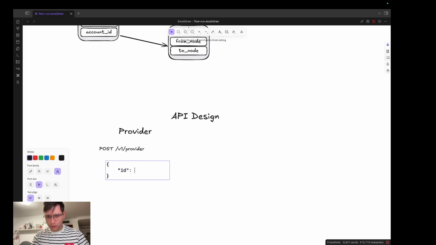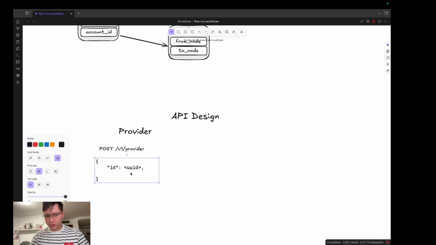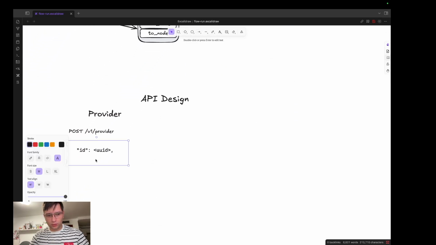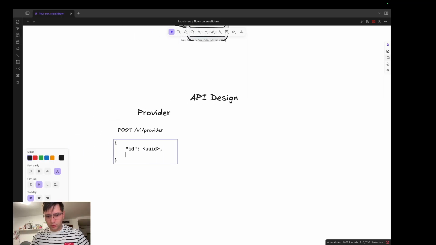Let's do ID. So what it will accept is an ID, usually a UUID. Usually software services try to generate the ID on handling creation of an entity, but we are not going to auto-generate the ID because I want to implement deduplication. I will explain it. So we will have ID, name,